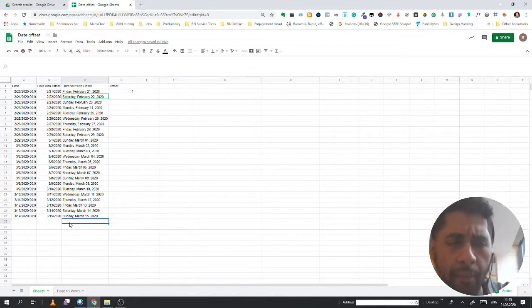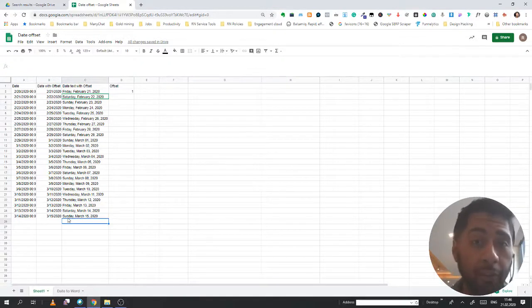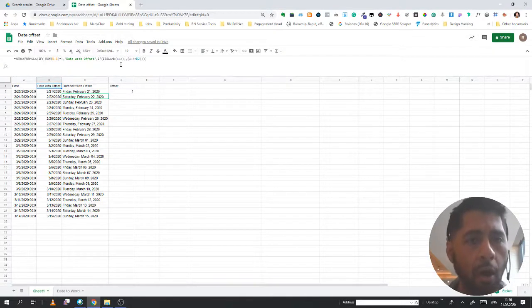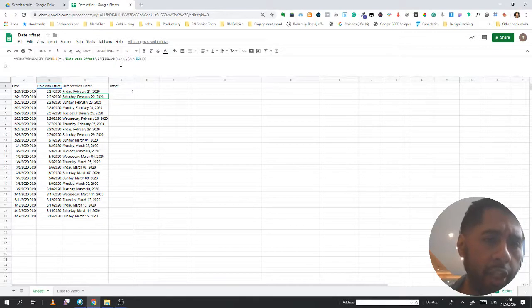So as your data comes in, you don't have to copy the formula down to different cells, because you may run into the problem where you forgot to do it. You have to man the system very often, and you may come into a situation where this information isn't populated because you didn't copy and paste. So the next thing I would do is a formula similar to this. You'll have access to the sheet, so you can dissect it. But if you want a video on it, go ahead and let me know, and I'll put some time in to explain this in an easy, digestible way, so that you can go ahead and create a sheet just like this